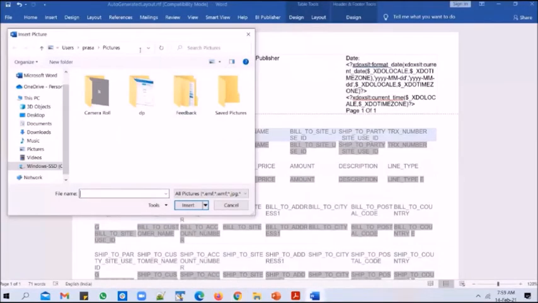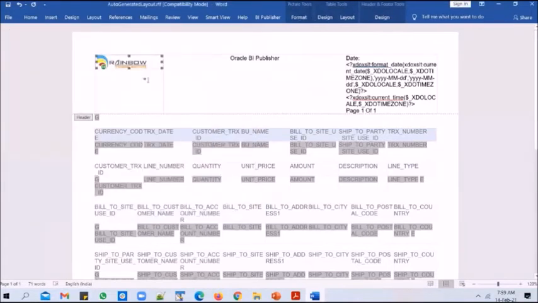So here. Okay, so I've copied the logo of the Training Institute to that folder, and I have added in the logo. I can resize it a little bit,